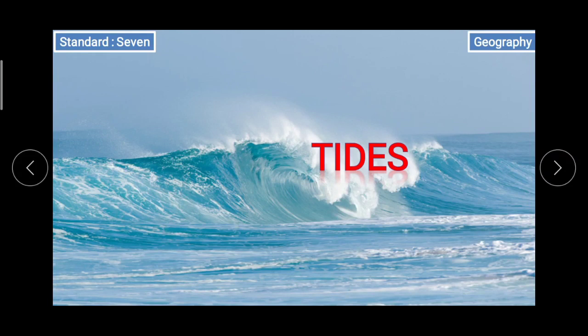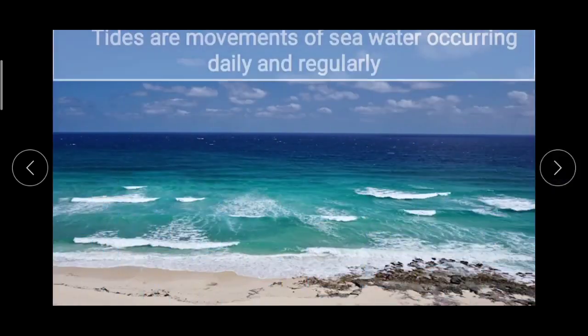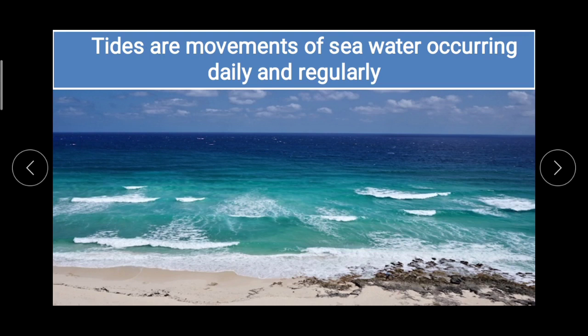Today in Standard 7th Geography, we'll be learning the chapter Tides. If you stay near the coast or visit any sea coast, then you will realize that the sea water is sometimes very close to the coast, while at other times it is far away from the coast. It means that there is change in the place of water, and it is because of the movements of sea water,